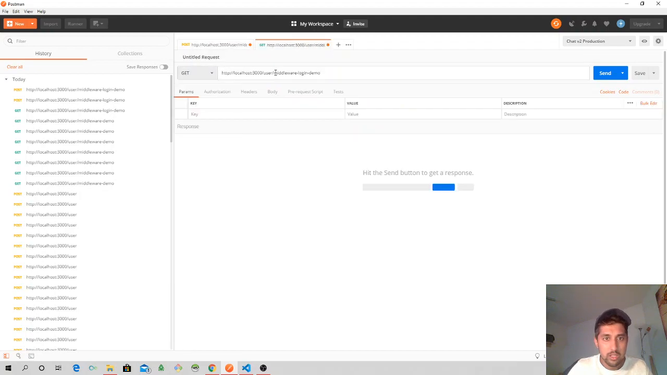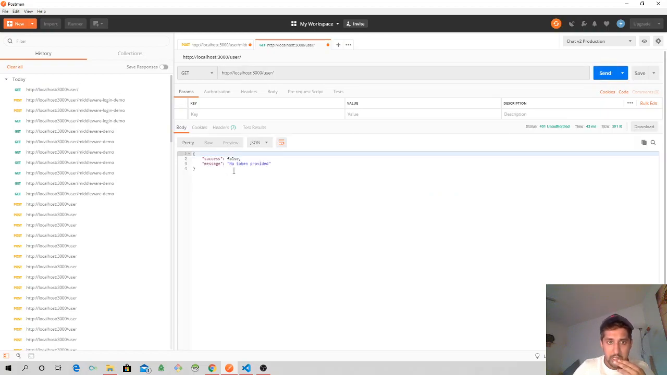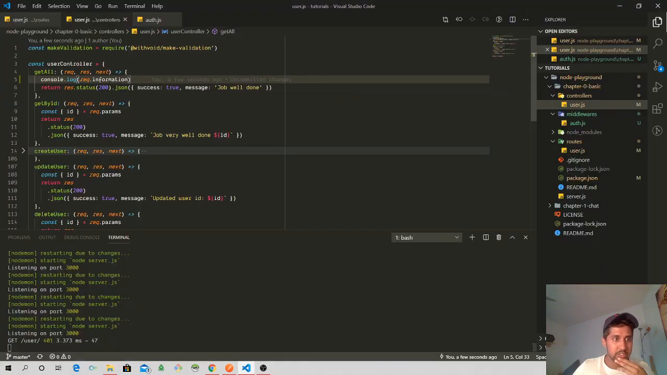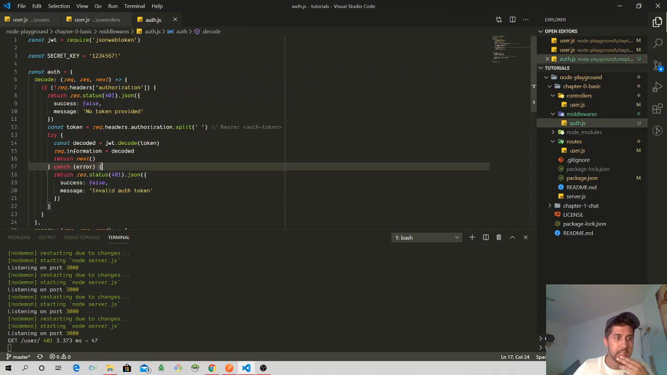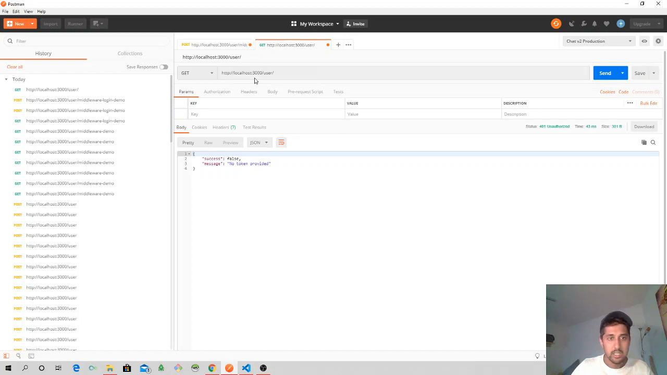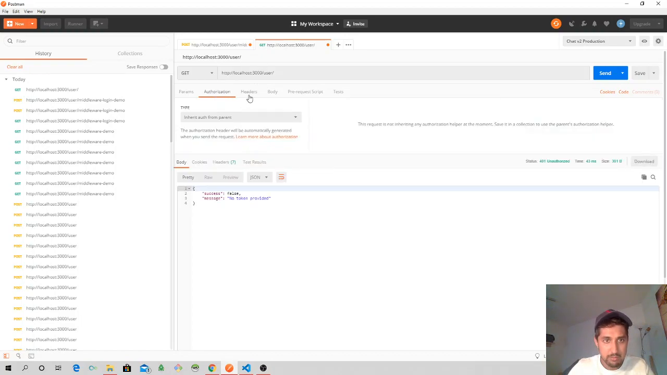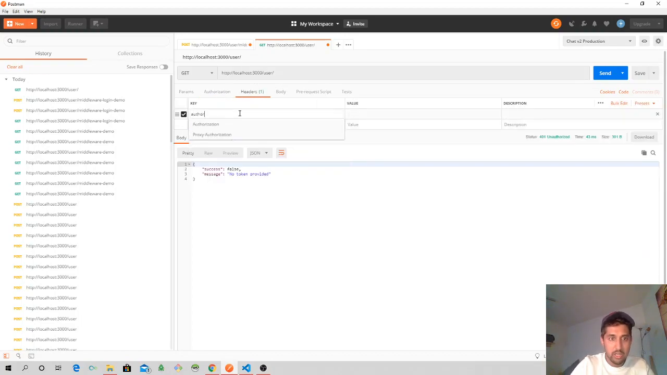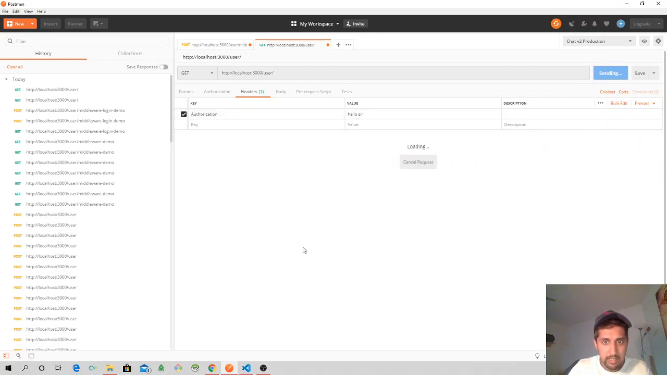So is this the route where I'm trying to encode it? Let's see. Okay, so this was the first part that got executed. It's saying that the request header's authorization is not available. So I'm just going to throw this message: you're not allowed to move forward. All right, so let's just add some headers. I'll call this authorization, and the value is hello sir. And then if I try to do this again,